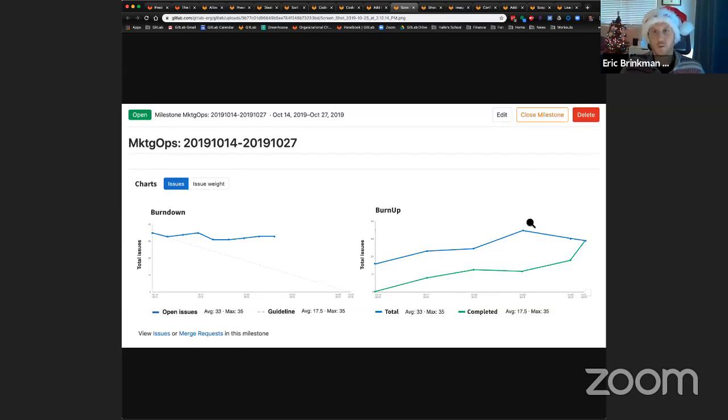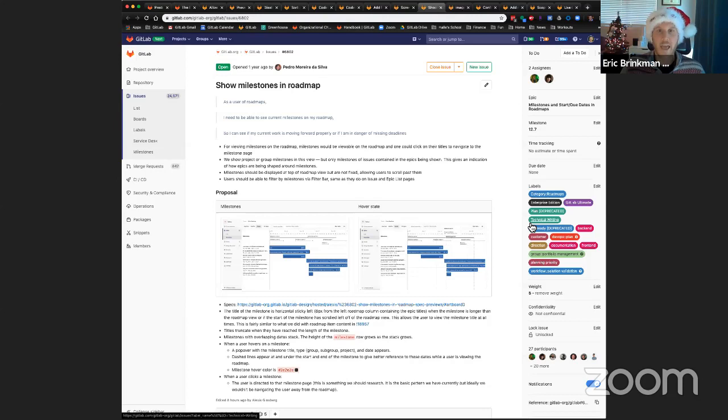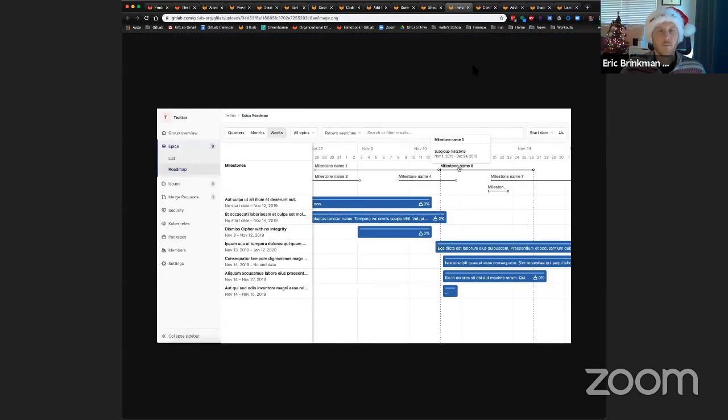And while we're on the topic of milestones still, we're planning on adding milestones into the roadmap view. We have a few mockups in the issue description, so go ahead and poke around and take a look. But you can see what we're thinking directionally here with a milestone row at the top and then milestones as dotted lines, so you can easily see how your epics are going to line up with respect to your milestones.